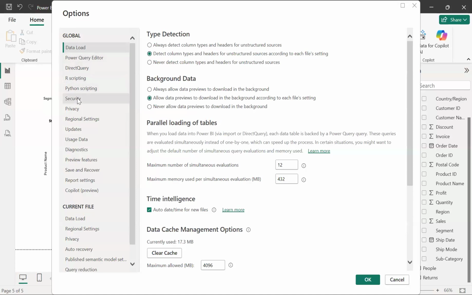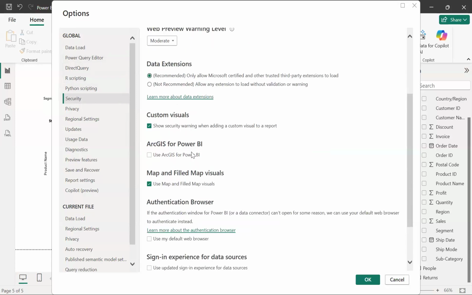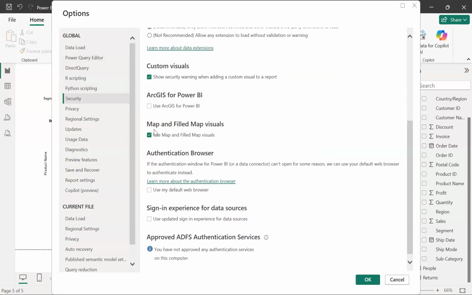So what you need to do is click on Security and check. At the bottom you get an option called map and field map visuals. You can observe that in my case it is already enabled, already ticked on use map and field map visuals. You can check the same thing in your case, whether it is ticked or not.